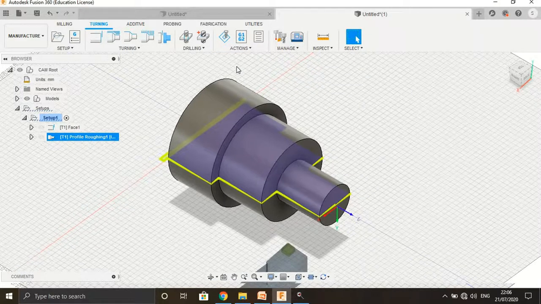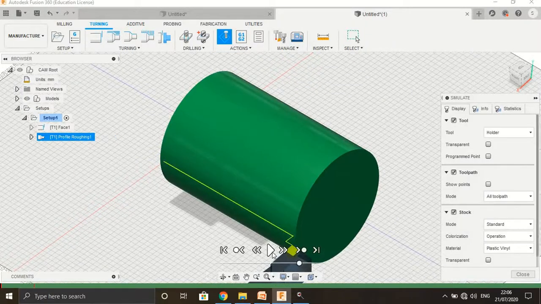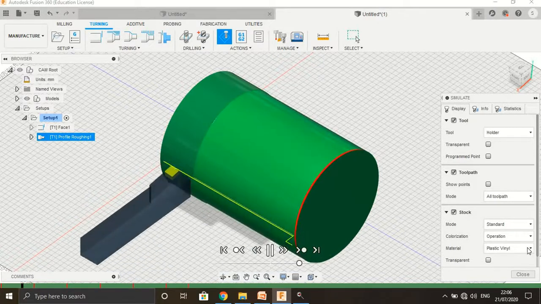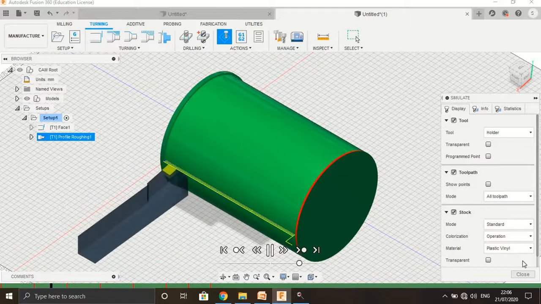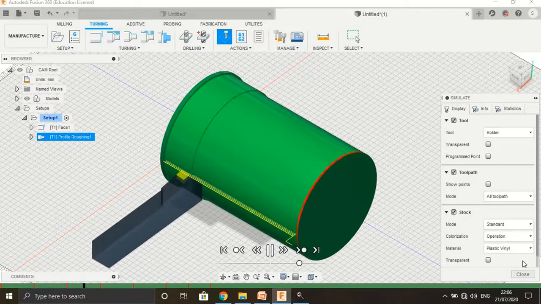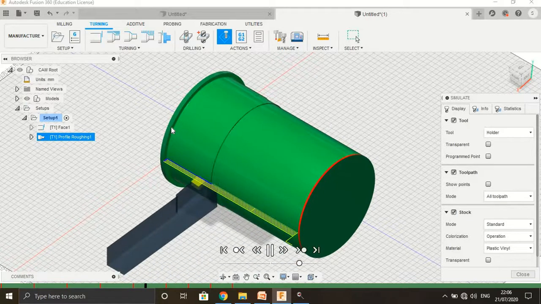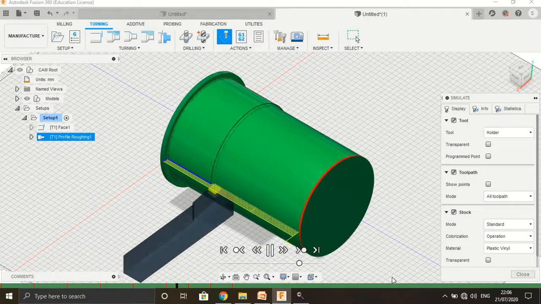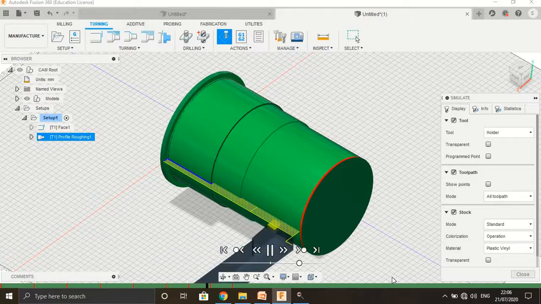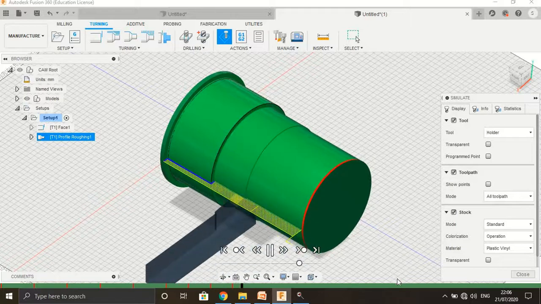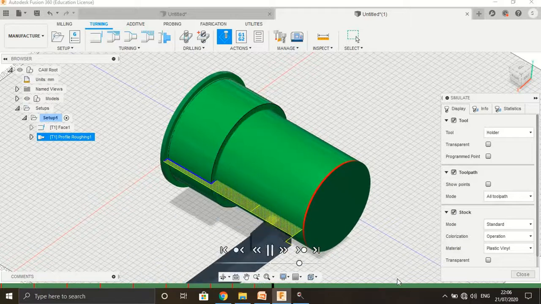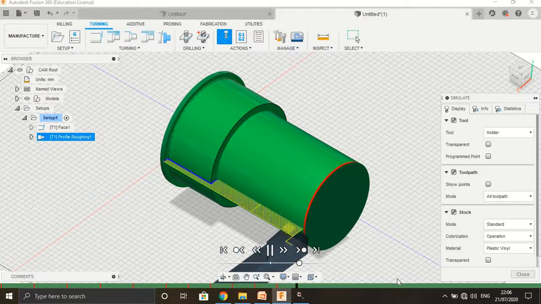Then again we play the simulation. An extra 3 mm of material is provided at the end, held in the chuck. Over a number of passes, the material is removed.